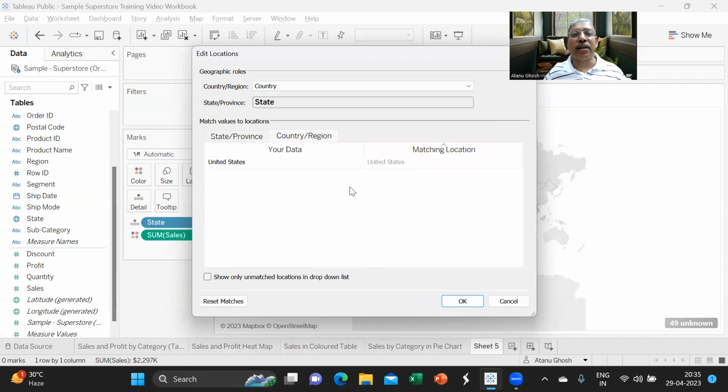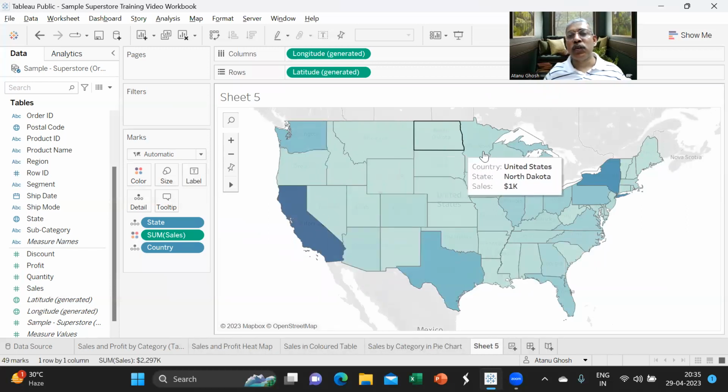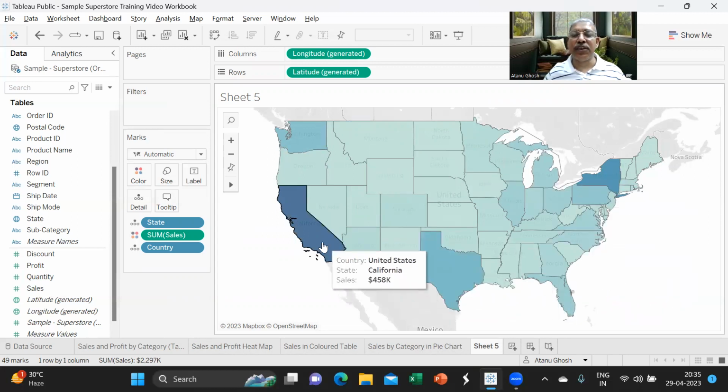The moment I say the country should be taken from the field, and say OK, you see that beautiful chart comes up where the color shows the sales that is happening in the states. So you can see here that California is having the highest sales.